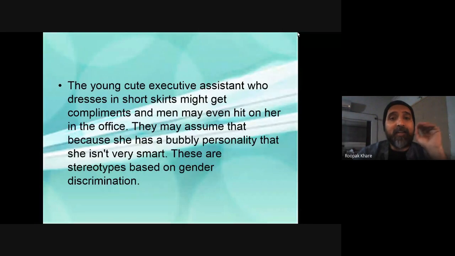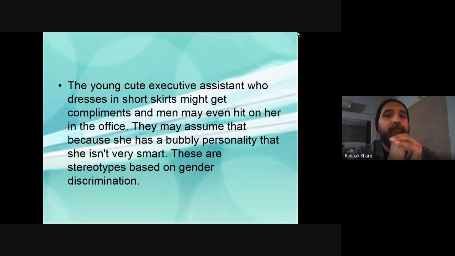A young cute executive assistant who dresses in short skirts might get compliments, and men may even hit on her in the office. So if there is a beautiful receptionist sitting, and if she is well behaved, interacting with people nicely, people might take her lightly or in a different way. They may not respect her. They may take it as